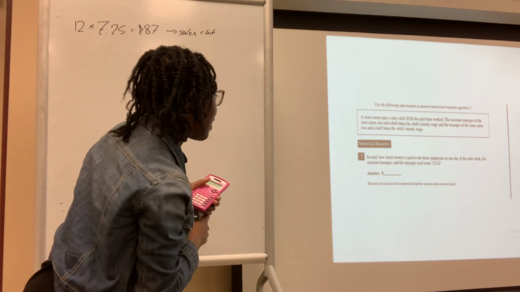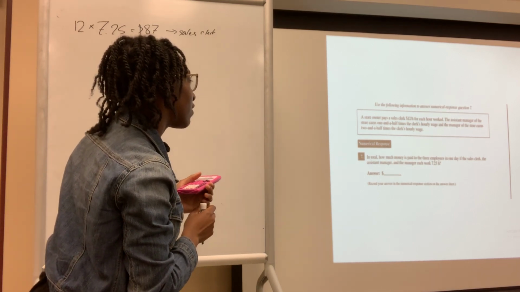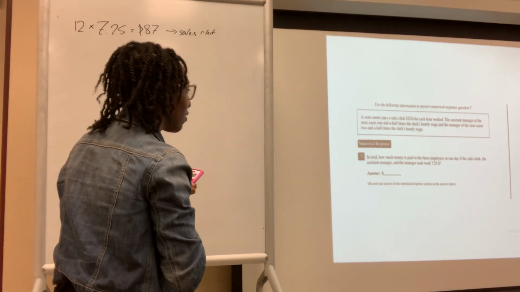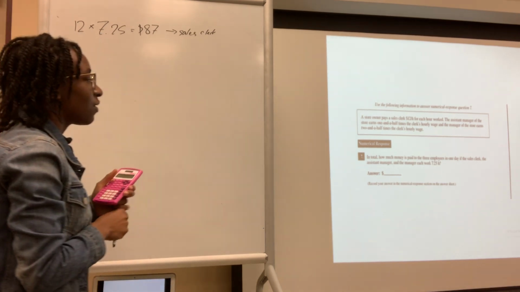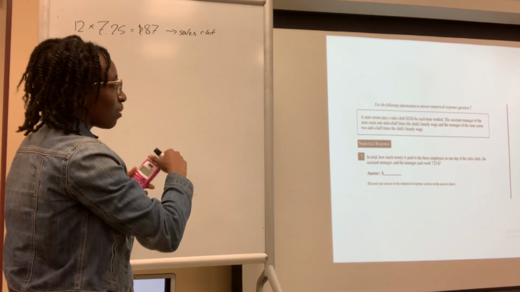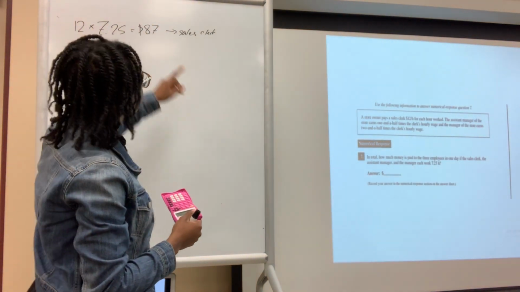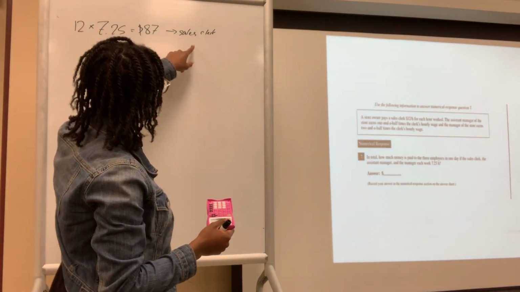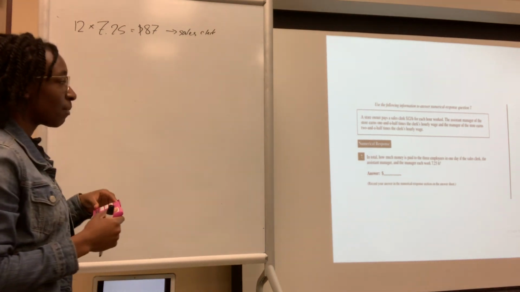Now, it says the assistant manager of the store earns 1.5 times the clerk's hourly wage. So rather than going back to the 12 and multiplying that by 1.5, we can just take the amount that the sales clerk makes and multiply 87